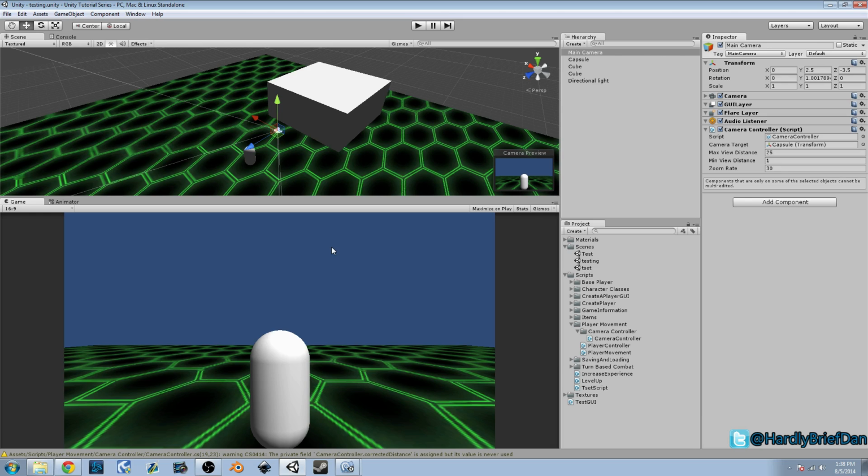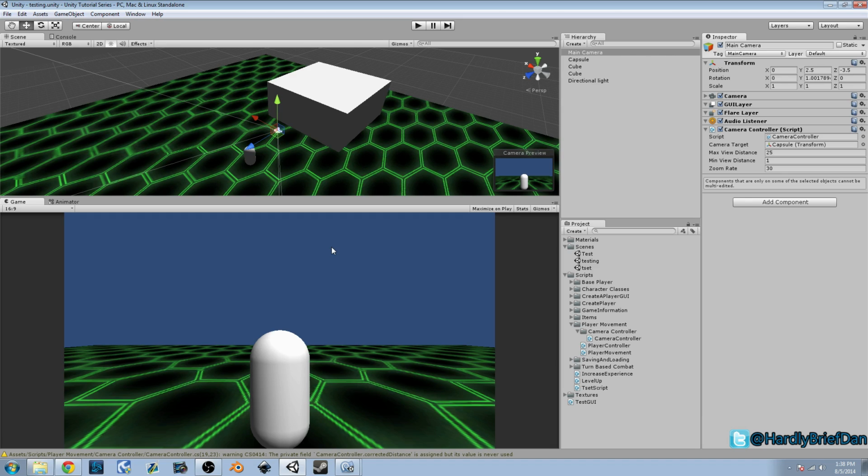I guess it clicked after I had recorded that last video and was thinking about whether I should do terrain or not. I was playing around with the camera, and the camera goes through the floor. And that made me realize that I need to finish the camera before we jump on to other things. So today we're going to work on